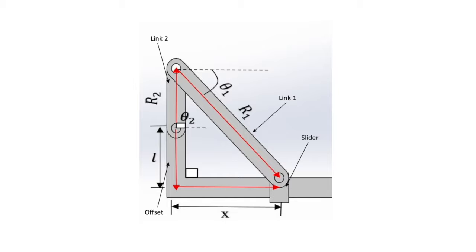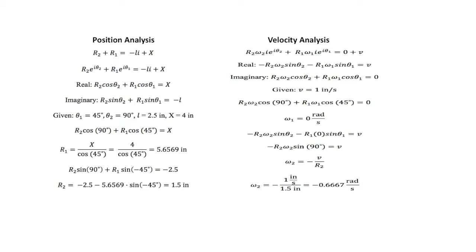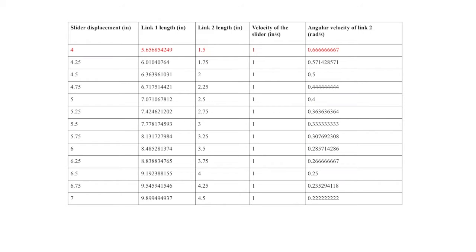Using analytical synthesis in Excel, we were able to find the exact length of the coupler link and the angular velocity of the table leg, as well as where the slider will come to a stop. We assume that the slider will be moving at a constant speed of 1 inch per second. It will stop at 4 inches from the inner surface of the table skirt, having 0.667 radians per second angular velocity and the coupler link length of